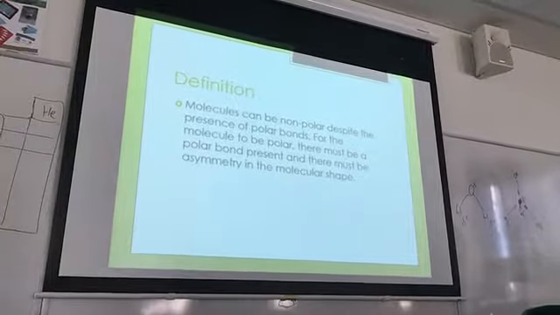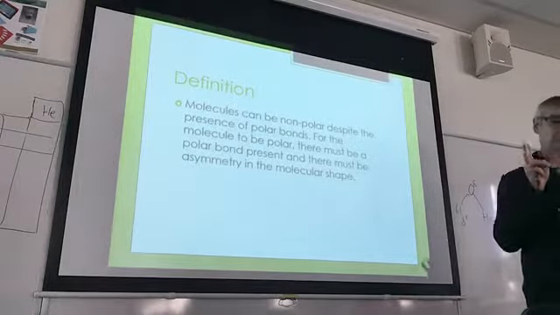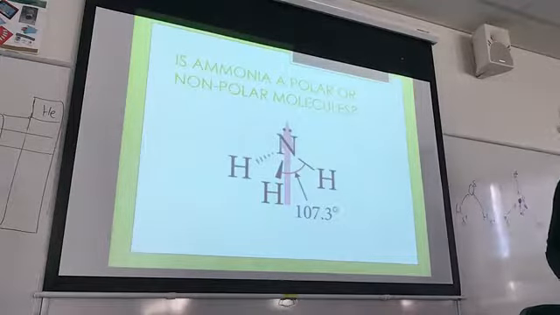So remember that just because they've got polar bonds does not mean that it's going to be a polar molecule. You've got to look at the distribution of those bonds. For the molecule to be polar, you need to have a polar bond as well as an asymmetry in the molecule shape. So there are those 2 things that we need to consider for molecule polarity. So if we look at ammonia,